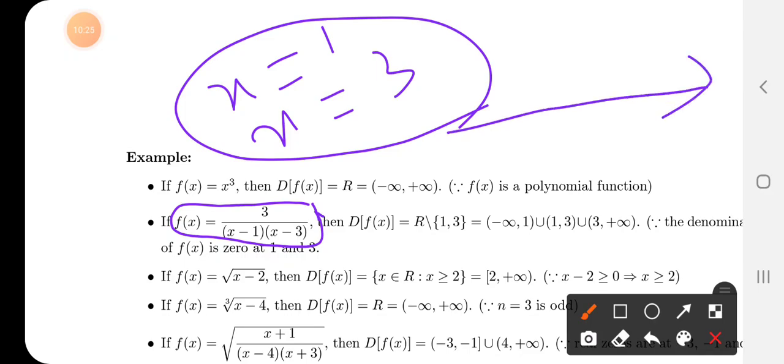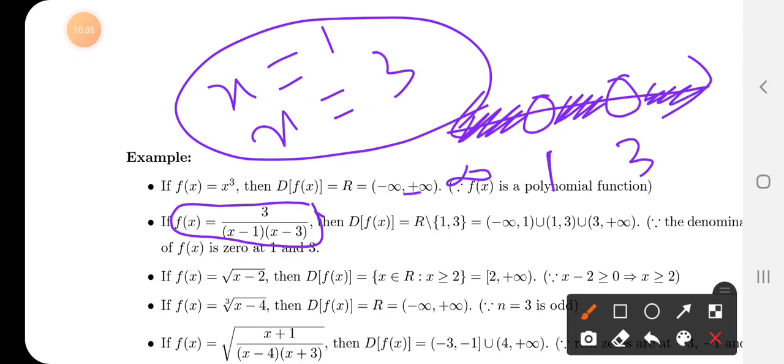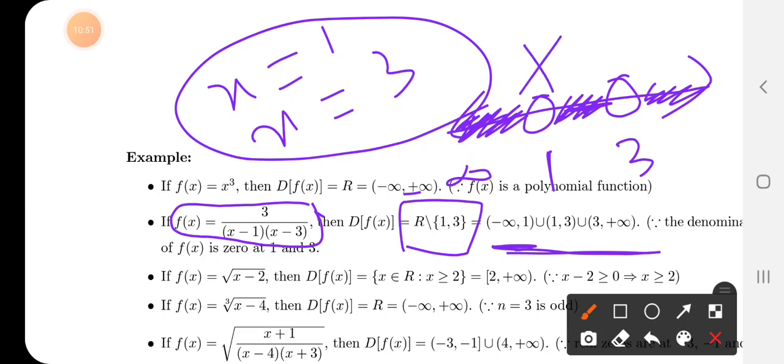So you have to exclude these two numbers from the set of real numbers. This is the set of real numbers, and then I have to exclude 1, and then I have to exclude 3. So I need this part, this part, and this part. From negative infinity till 1, this is the set notation, R minus {1, 3}, and this is the interval notation. In interval notation, from negative infinity till 1, and then you have to join it with the next part, excluding this number. So you use the union sign, and then from 1 till 3, and then from 3 till plus infinity. So the union of 3 intervals.